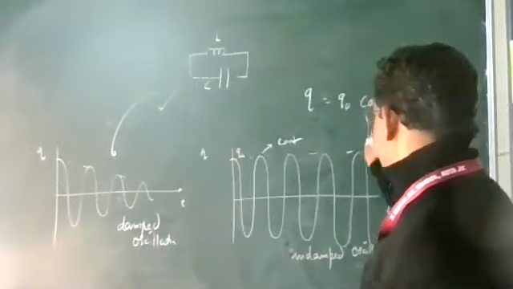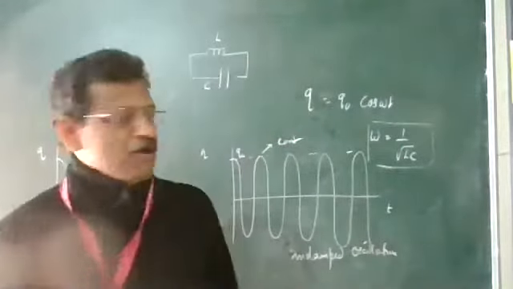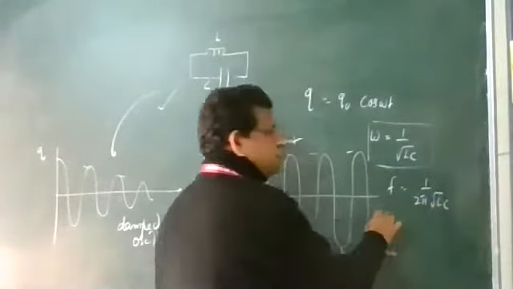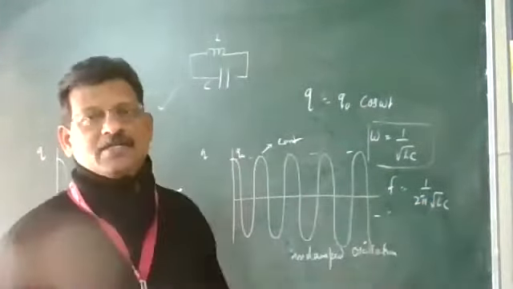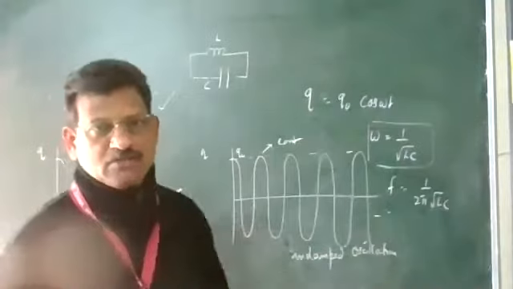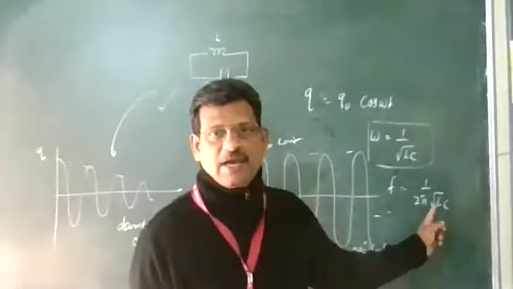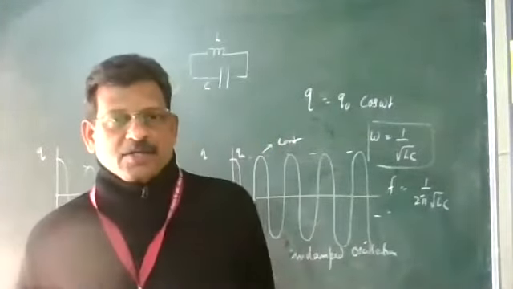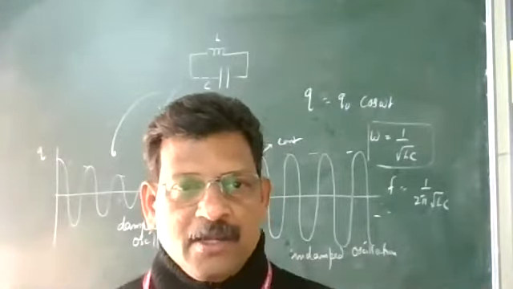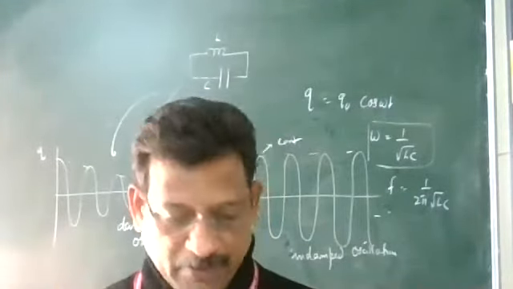And what is the frequency? The angular frequency omega is equal to 1 upon √LC, or the frequency f is equal to 1 upon 2π√LC. What frequency will we get from an LC circuit? In all the transmitting stations, we are producing radio waves of this kind. It is 93 megahertz or 95 megahertz, determined by the values of L and C. So even in an extremely pure form, the energy is found to be damped, which means the LC circuit is sending out a disturbance, in the form of electromagnetic waves.